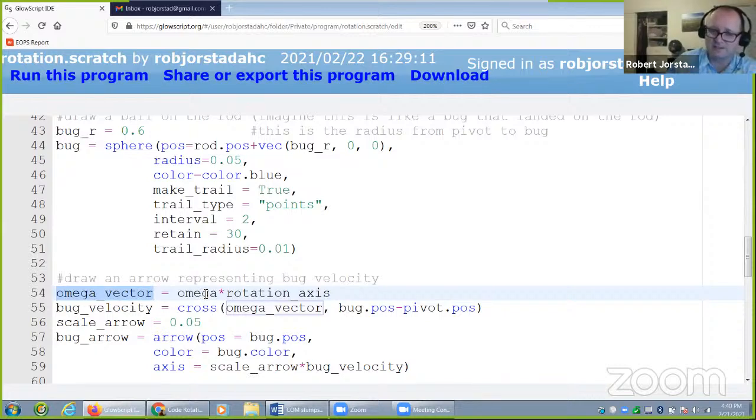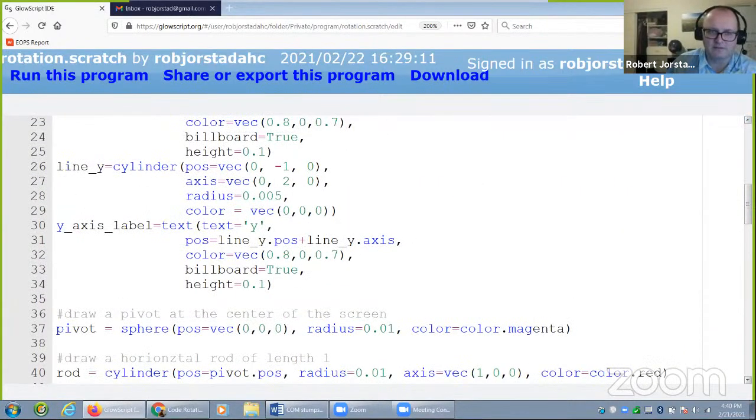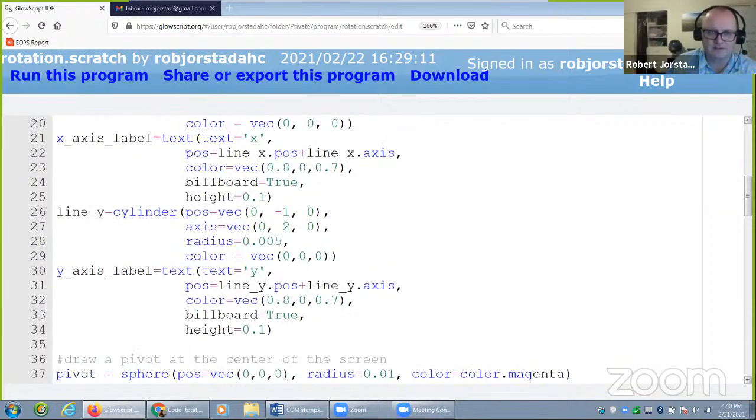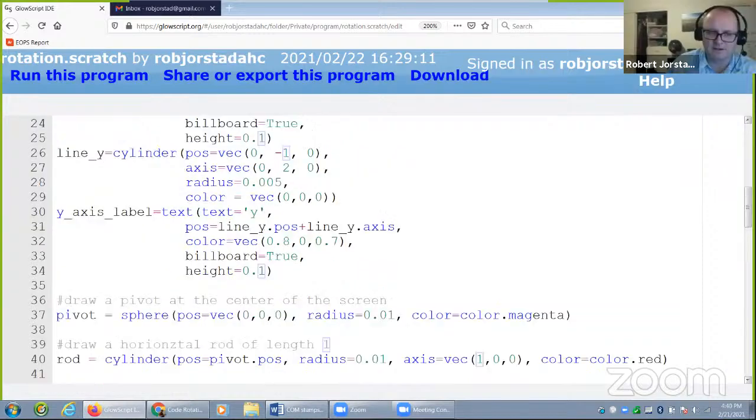There are other ways to do it. This is how I thought to do it. Omega times the rotation axis is a vector. Now, if you recall, somewhere up here, we specified the rotation axis was in the z-hat, I believe. Oh my gosh, this is lagging here. There it is. There's the rotation axis. So notice the rotation axis is a vector that is 1 unit long in the z direction. So if I come back down to here,